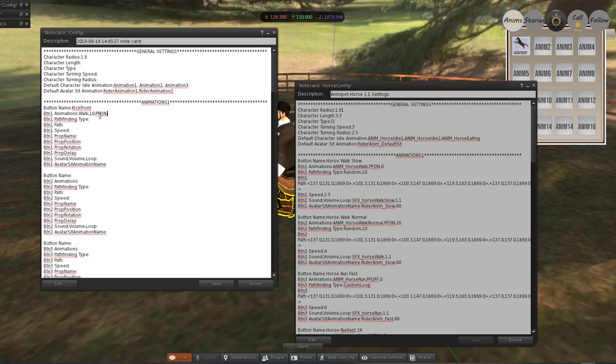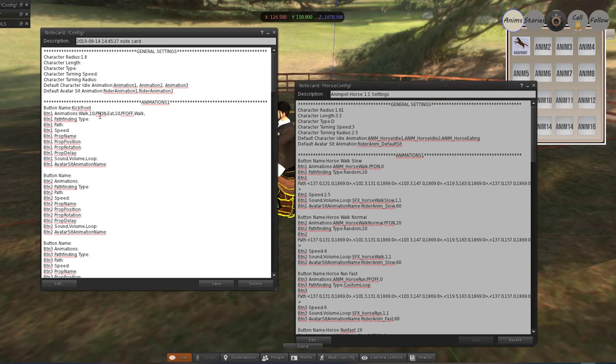Okay, and next animation, let's say we want it to stop and eat for about 5 or 10 seconds again. In that case we want it to stop on a spot, so we say pathfinding off, and then we want it to start walking again. Okay, so let's say walk